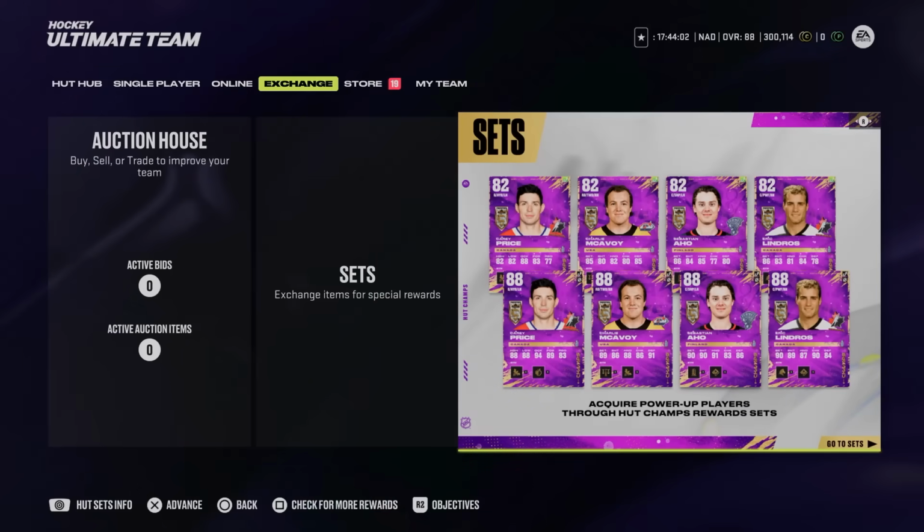We've got our brand new Hut Champs cards that are actually pretty insane. A new game day release that is going to have players go up in overall by shots, as well as a new Auston Matthews that looks absolutely electric. Let's get into it. Let's start off with the new Hut Champs cards for December, including the 88 Carey Price,